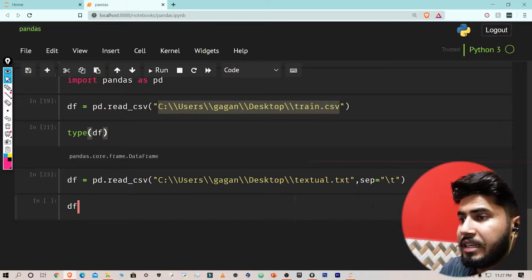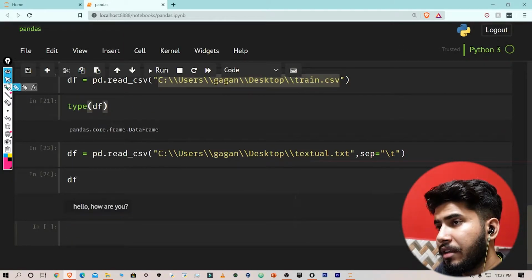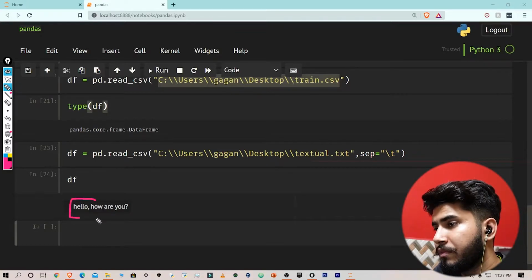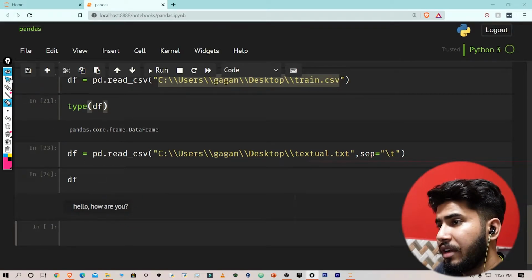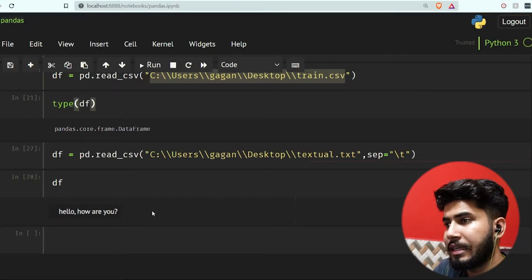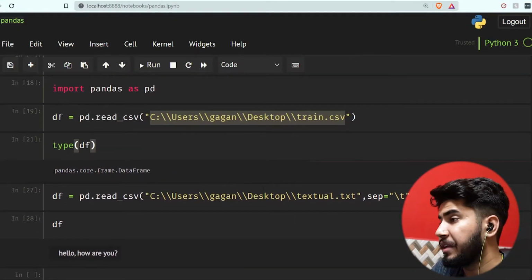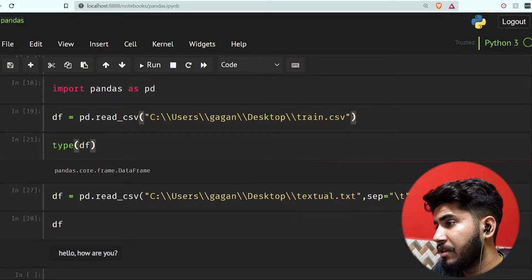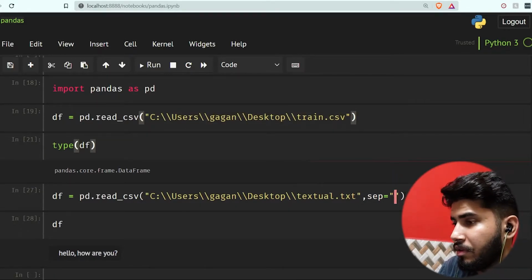Now if we see df, as you can see here, you got hello, how are you. So this is how you can read your textual files, and this was the content of the textual file, so it is showing it here. One more thing, in this case the separator is by default set to comma.